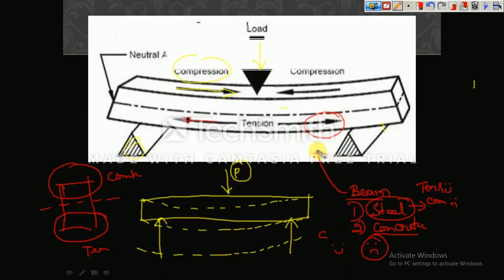Since tension is taking place at the bottommost portion, compression is less and tension is more over here, so more amount of steel has to be given in the bottommost portion. That is the reason the steel provided in the bottommost part is more than at the top, because tension is going to take place in the bottommost region, and steel is strong in tension but weak in compression. What about the top? Compression is taking place, so the amount of steel is very less when compared to the bottommost portion. Okay, this is the overview, the complete design strategy.